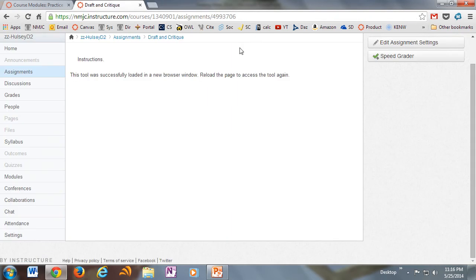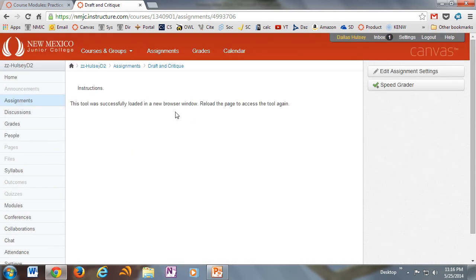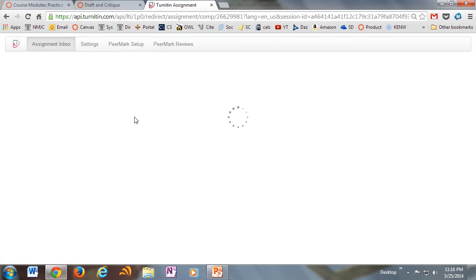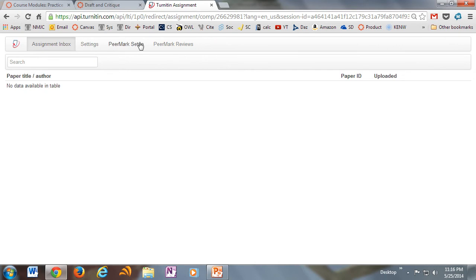And it'll just automatically close the tab and tell us that if we want to access the tool again, we need to reload the browser window. And we actually do want to access it, because we've turned on the peer mark assignment, but we haven't set it up yet. So we need to go back in the tool, and like I said, it's a little bit more complicated than the old way or the current way, depending on how you look at it. But now we've got this new tab here called Peer Mark Setup, and we can go in there,